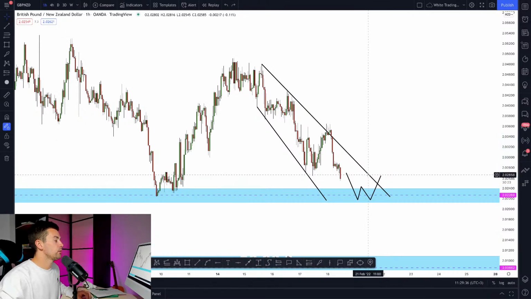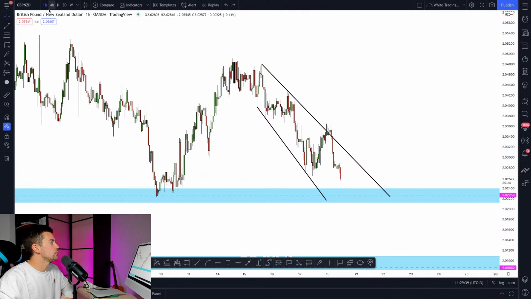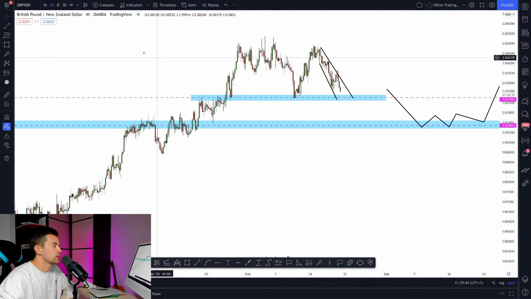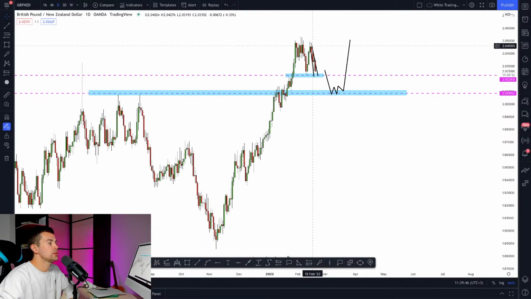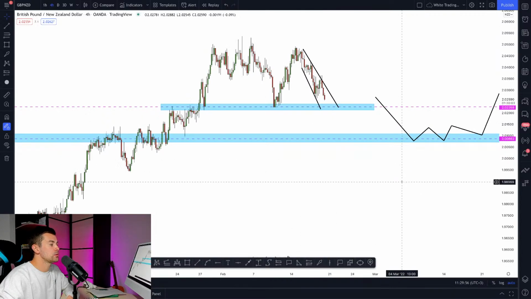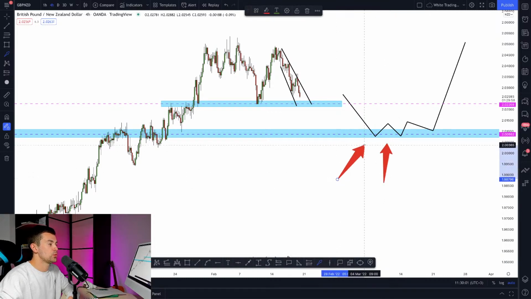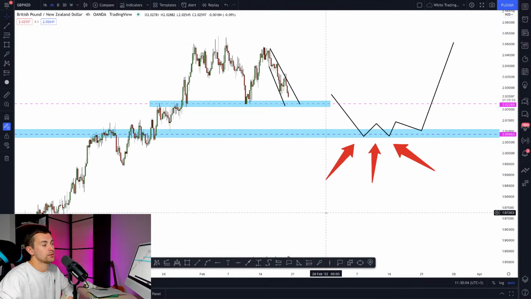For now, I don't really believe in the strength of that structure. The fact is that on the daily we set a lower high recently, and it means that the structure that we have here is weakening. So if you want to catch a safe trade, I would suggest waiting for the test of that structure. So be patient. I see the question from Oliver about Aussie dollar.